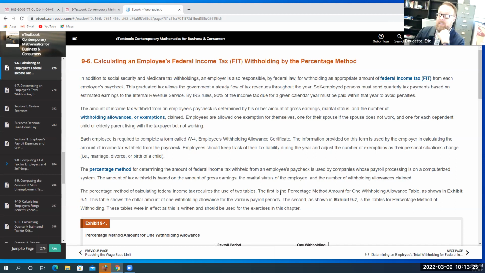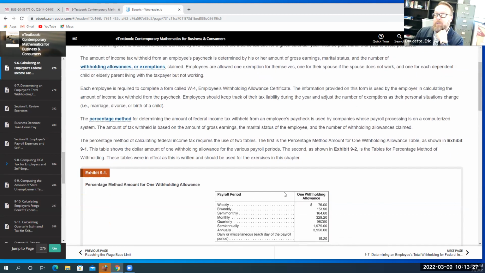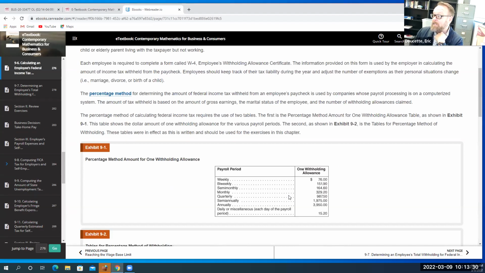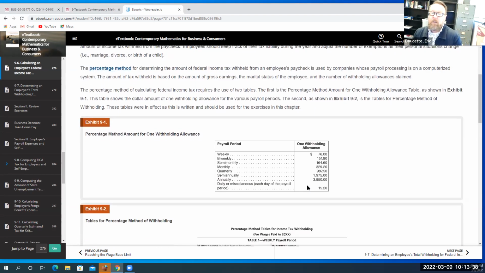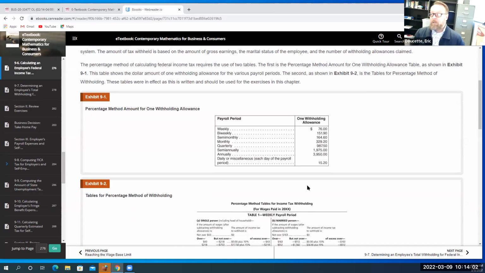So basically at the end of the year, however, or even weekly, you have to figure out how much tax am I going to pay based on the way that I filled out my W-4 form. So if you see the screen right here, you have two forms that you have to refer to solve these kinds of problems. And so the question is going to be, Mary made $1,200 in this last paycheck. She's filed for 2 deductions and she gets paid weekly and she is single. And so based off of that information, you have to go to these 2 charts and figure out exactly what her federal income tax is going to be.